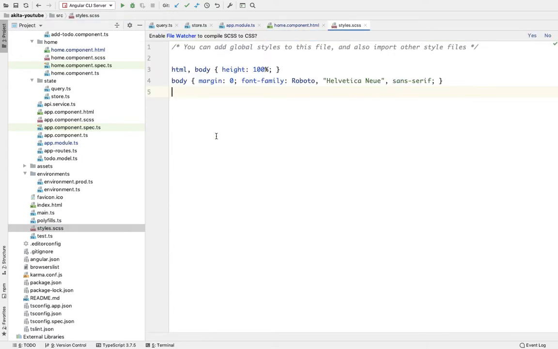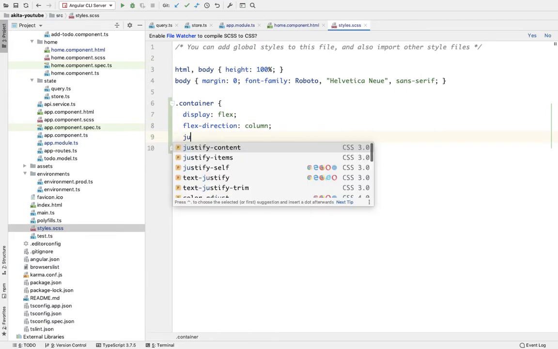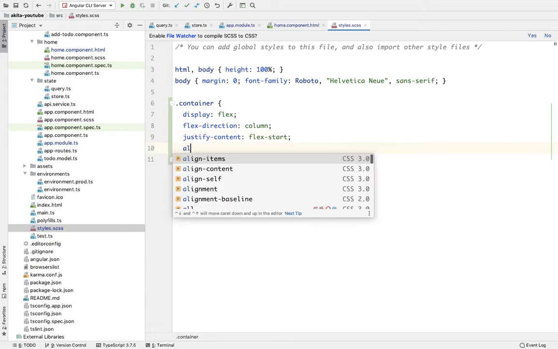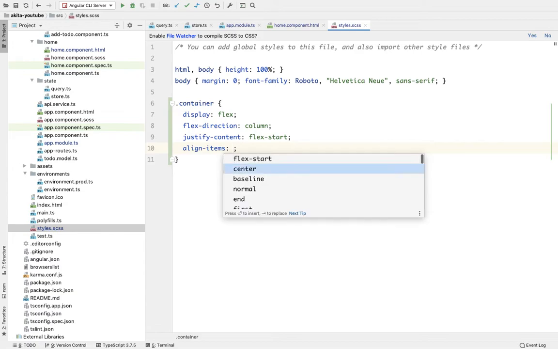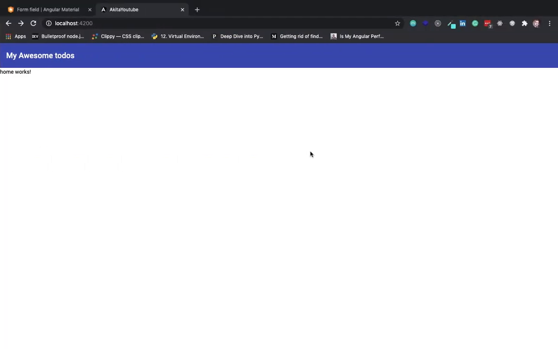So in the styles.scss, add a container, display flex, flex direction will be column, justify content, let's say flex start, and align items center. So flex box is a very easy way of positioning our elements on the screen. So let's save this and see how it's going to look.